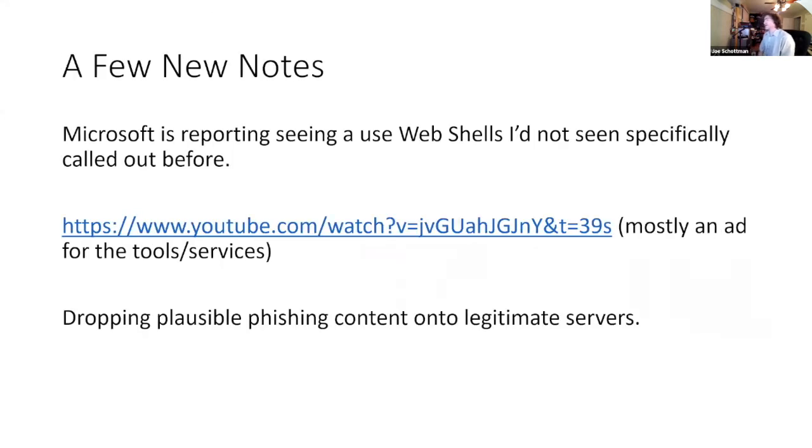A few more notes that are in that slide, but were not in the previous version of the talk. Microsoft about a month ago started reporting that they're seeing a use of web shells that I've not seen people talking about specifically. That doesn't mean it hasn't happened, but it was new to me. I've included a link to the YouTube. It's mostly an advertising for their tools and services, but there were some interesting things talking about what the attackers